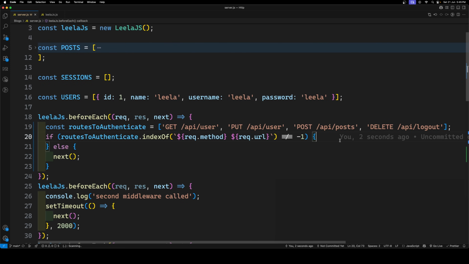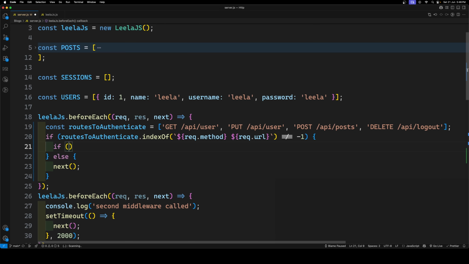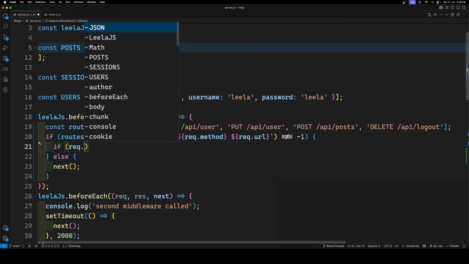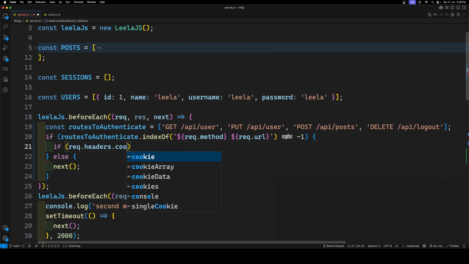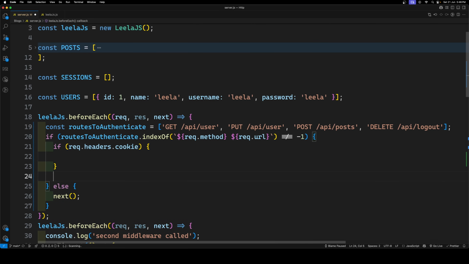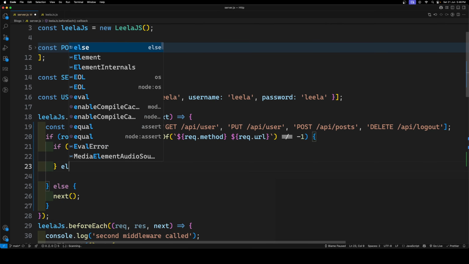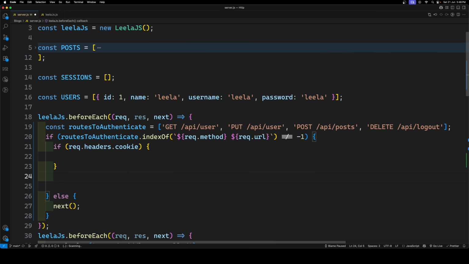Now here is the logic we need to execute. If request.headers.cookie is there, then only we need to write the logic. If it is not there, then there is no need to write it. If request.headers.cookie is not there, then what I need to do is just return